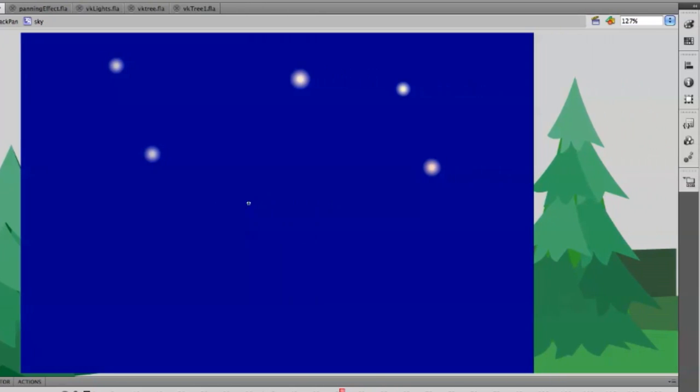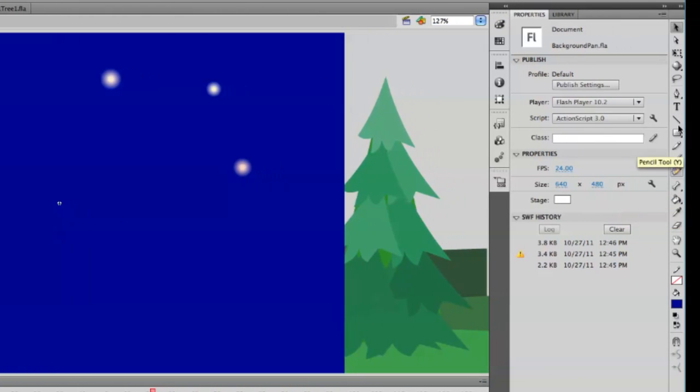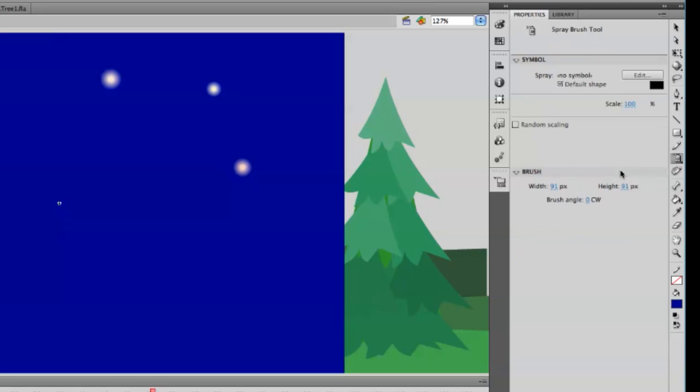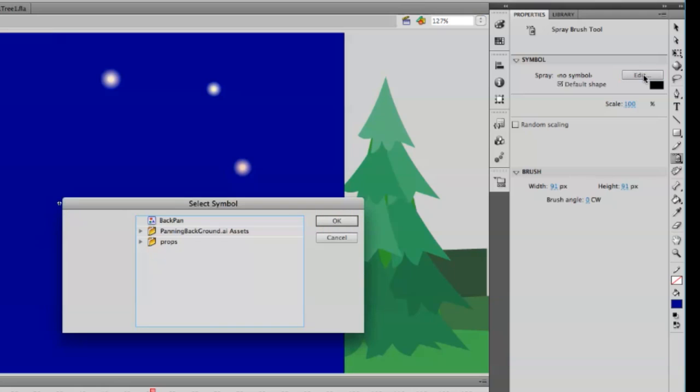And now, another thing you can do, which is kind of fun, okay, this doesn't necessarily work automatically. You have to change some settings. But if you go into, under the paintbrush, you'll see you have the spray brush tool. And if you get the spray brush tool, and here under symbol, spray, no symbol, so here you see, oh, it says symbol. Click on symbol. Symbol, spray, no symbol. Well, let's go to edit. And let's get